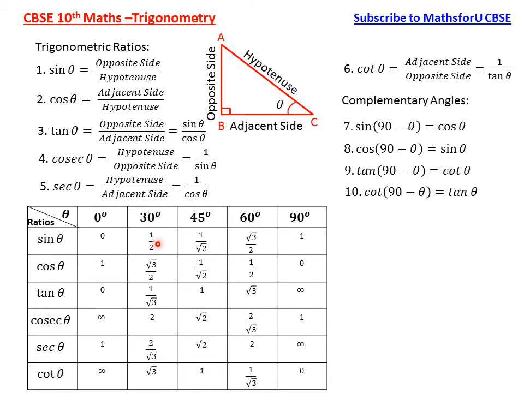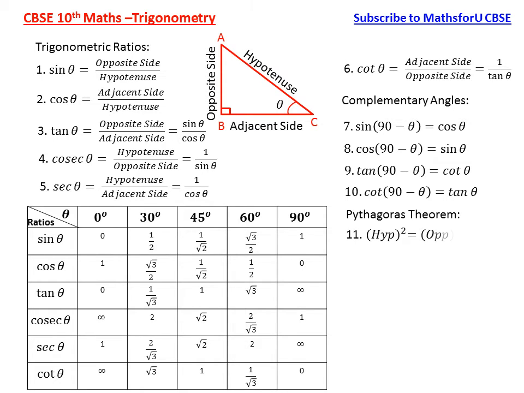1 by 1 by 2 will be 2, that is reciprocate of 1 by root 2 will be root 2. Reciprocate of root 3 by 2 will be 2 by root 3. Reciprocate of 1 will be 1 and so on. So, you need to learn these values by heart, which is very much important, which will help you to solve the problems. Pythagoras theorem